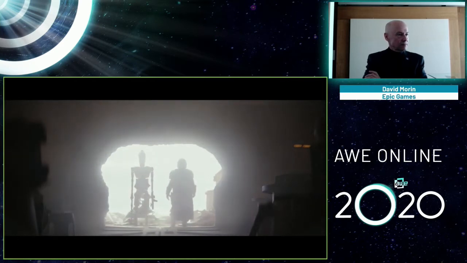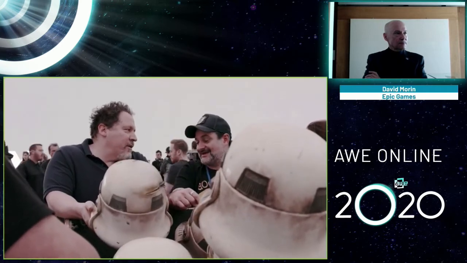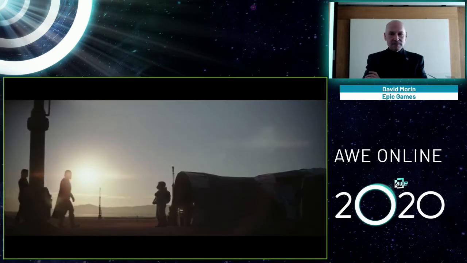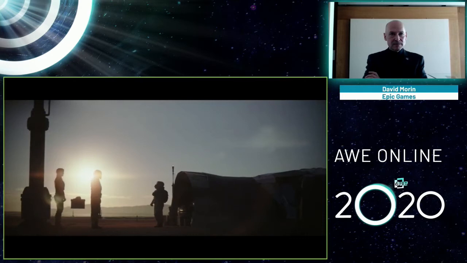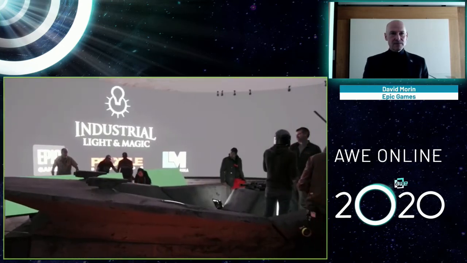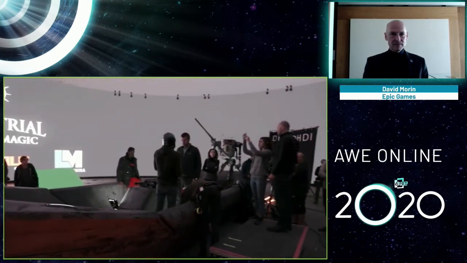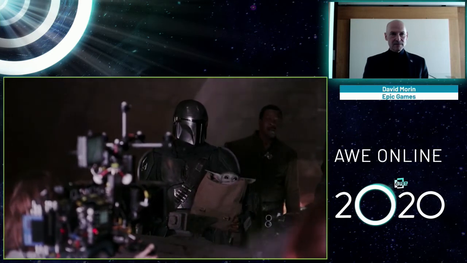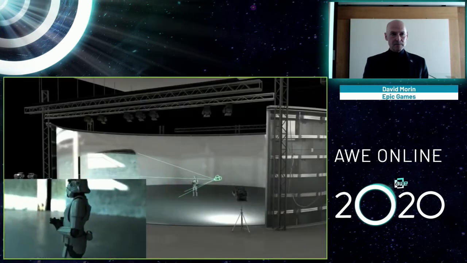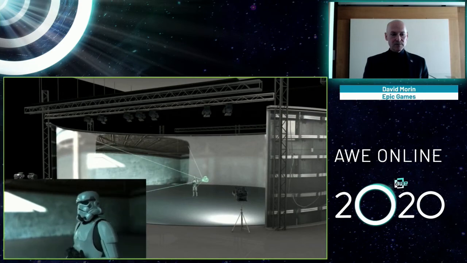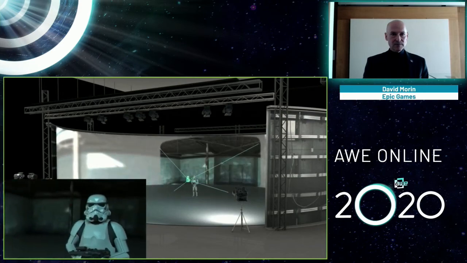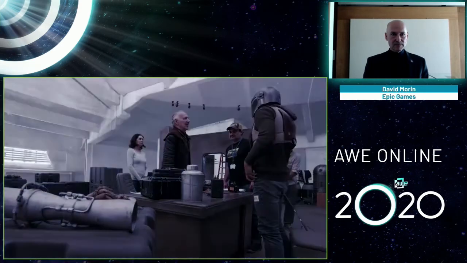Part of what's been fun about collaborating on The Mandalorian with Lucasfilm and Disney is that we have been able to see through a few technical innovations and a few firsts that I think are going to have a lot of impact on the way television and movies are made moving forward. In partnership with ILM and Epic, we have put together a system whereby we can have game engine, real-time render, and video wall technology coming together to create a backdrop for the big, beautiful world of Star Wars.